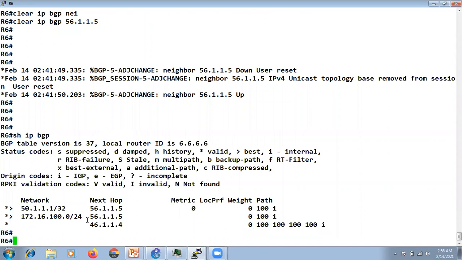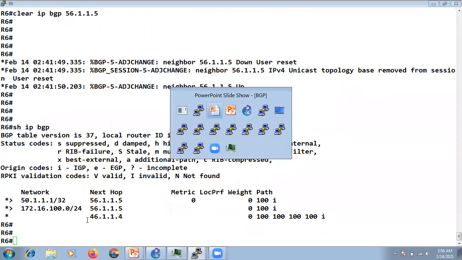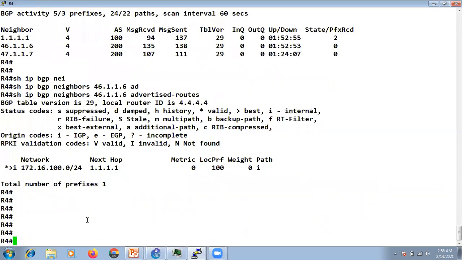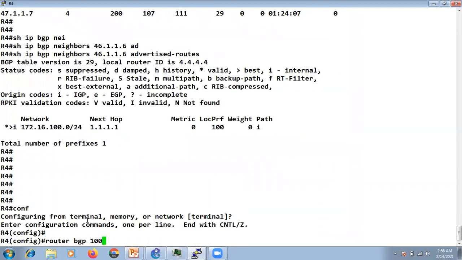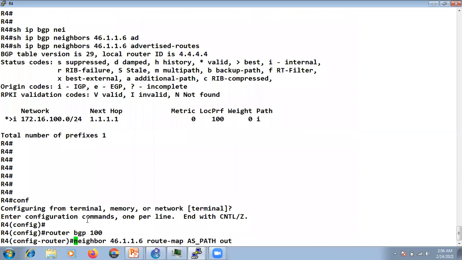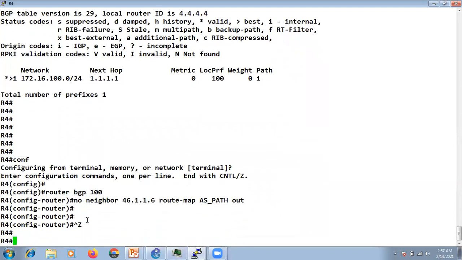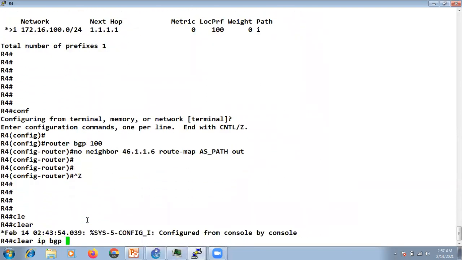Otherwise, what should have happened? Let's see first this case without AS prepend. Then it will be easier to understand. I go here. I'm not prepending anything. Let's see. Okay. Here IP BGP star soft.